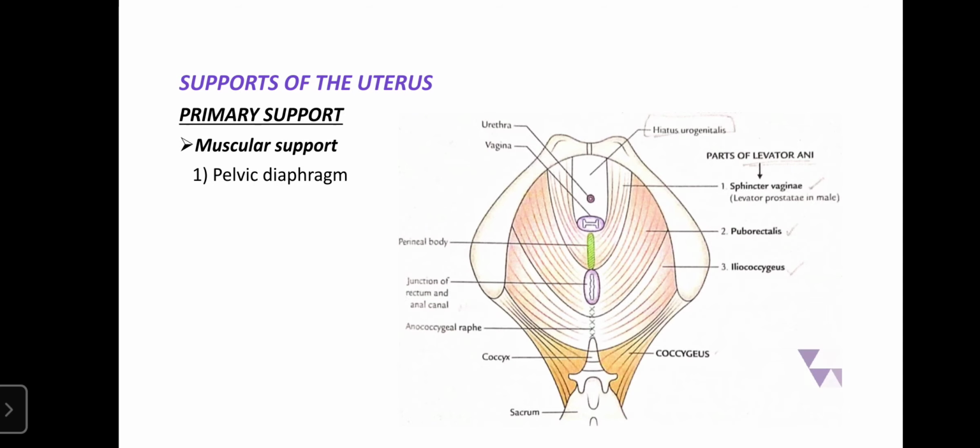If you know, the uterus is an extensively enlarging organ. It's a mobile organ which will undergo extensive change during the reproductive life of a woman. In non-pregnant women, it will be just a pear-shaped structure, but in a pregnant woman, it can enlarge up to the abdominal cavity. So in such cases, you must have some support for that organ, right? So hence the supports are very important in case of the uterus.